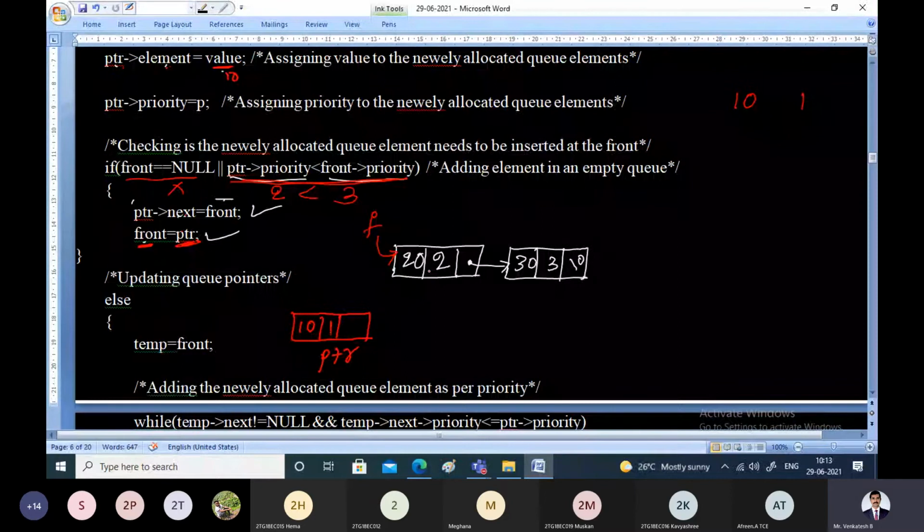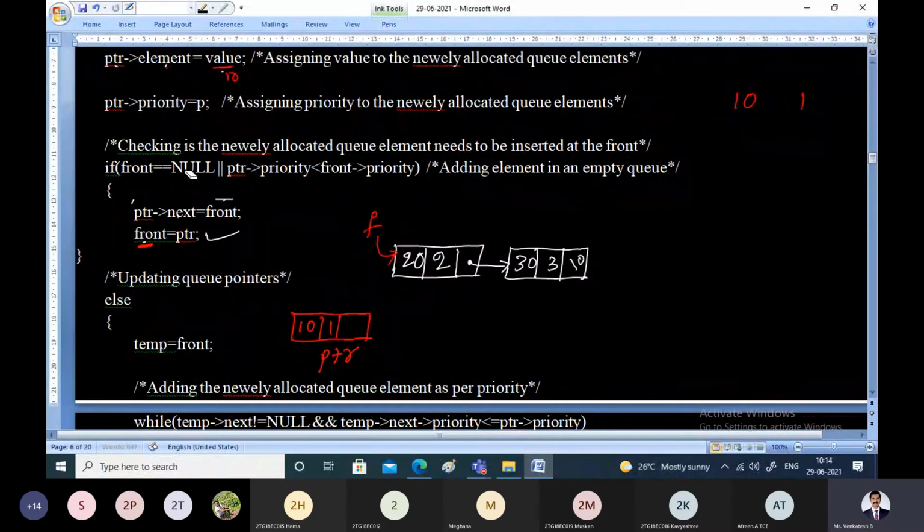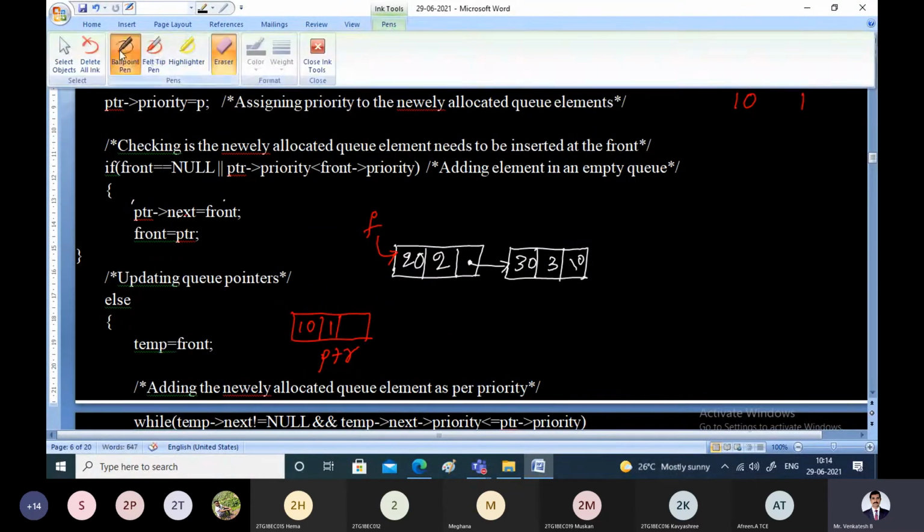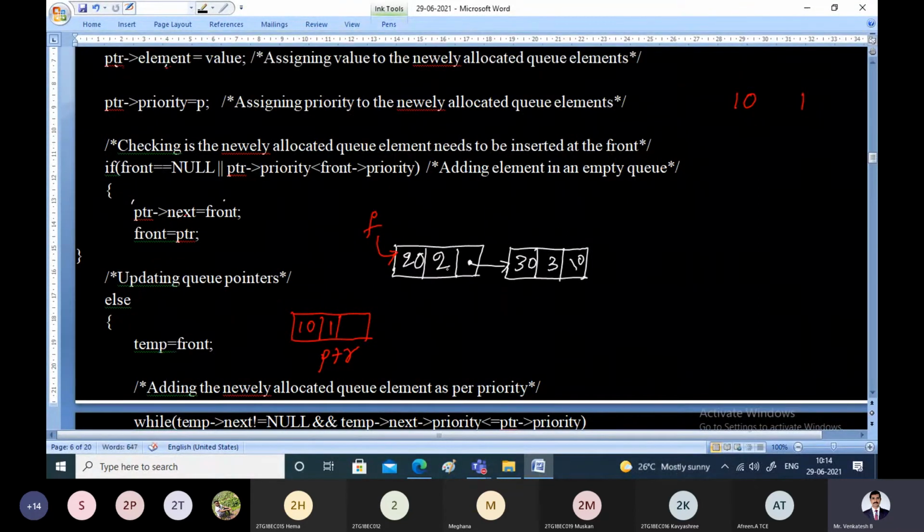It is inserted as a front node only if the priority of this new node is less than the priority of this existing first node. So what is the priority of the existing first node? It is 2. The priority of the new node is 1. So obviously 1 is less than 2.